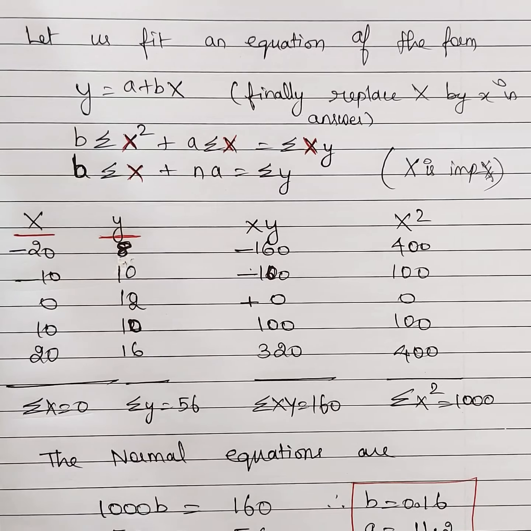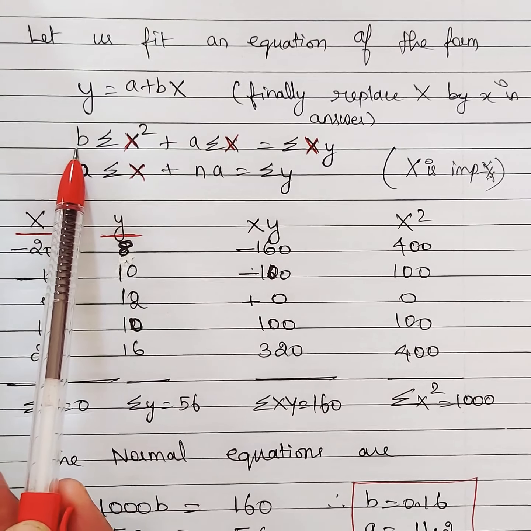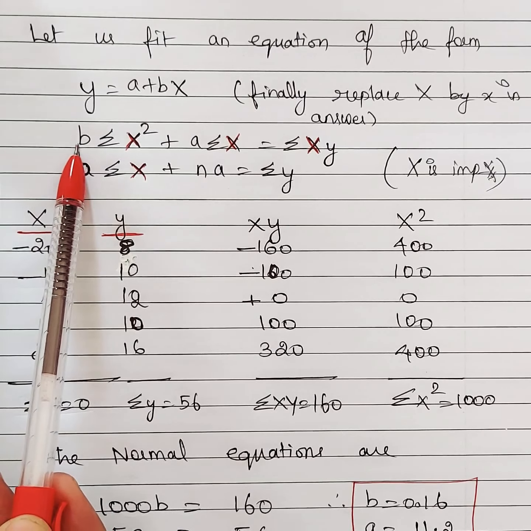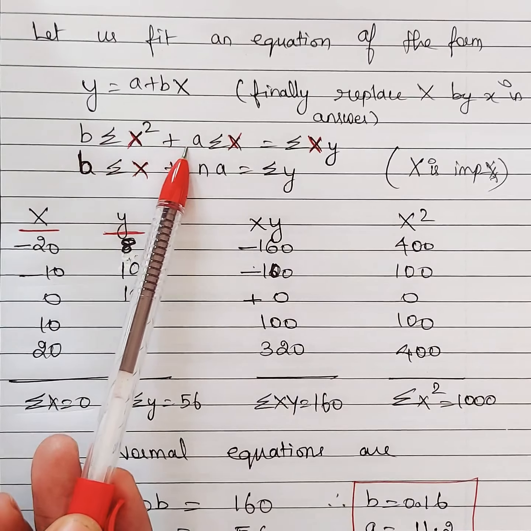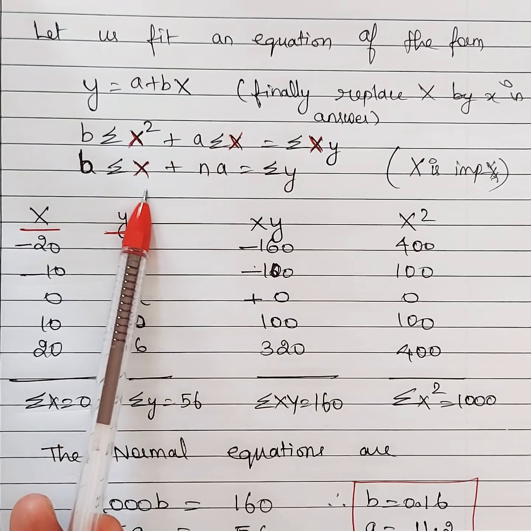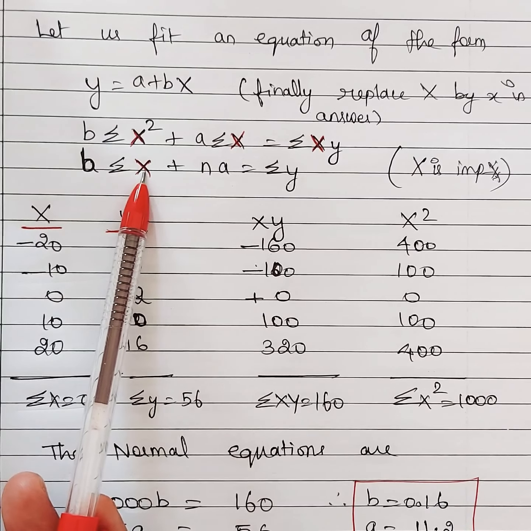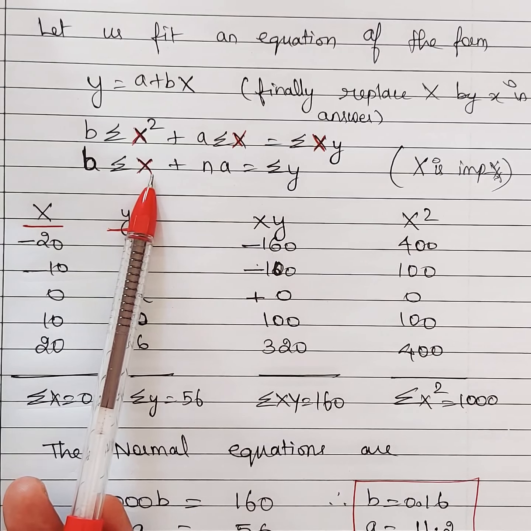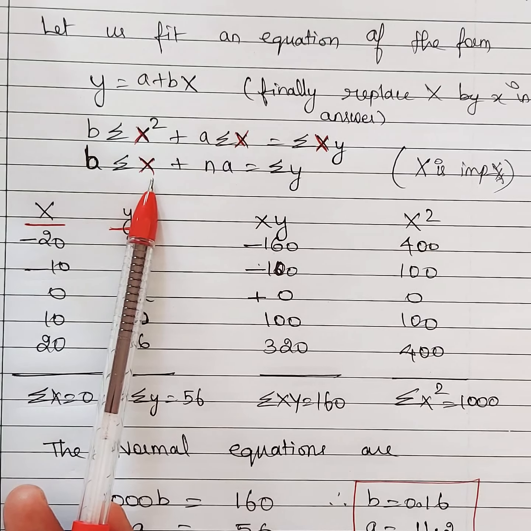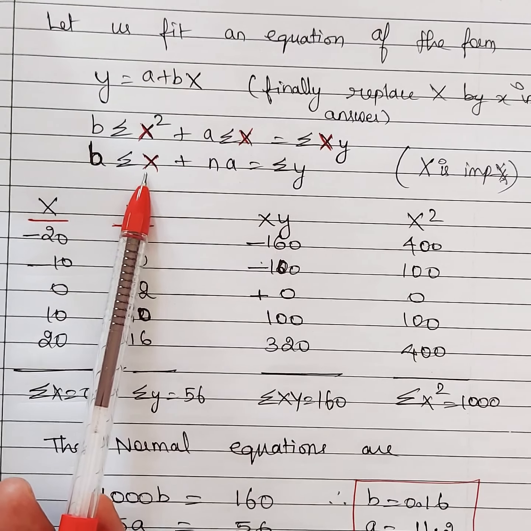So since I have decided to fit a straight line of the form y is equal to a plus bx, remember in the previous formula we had a into summation x square plus b into summation x. So we have just interchanged a and b. And please remember, I have marked this in red. This is not small x, this is capital X. Okay, because we are going to change small x to capital X for the given data. Finally, in the answer again we will replace capital X in terms of small x, whatever we have substituted.